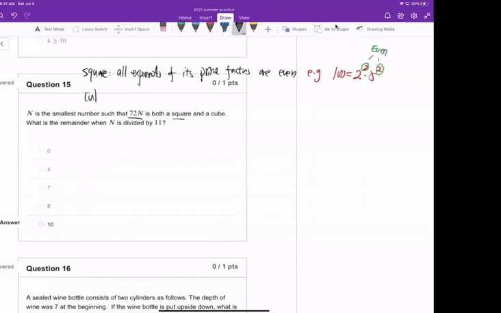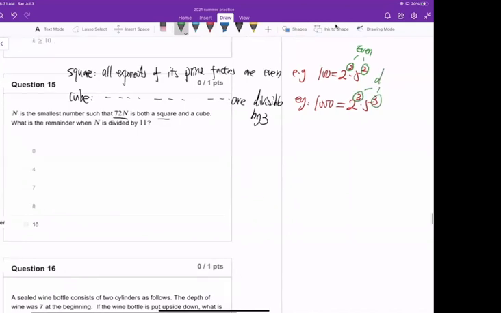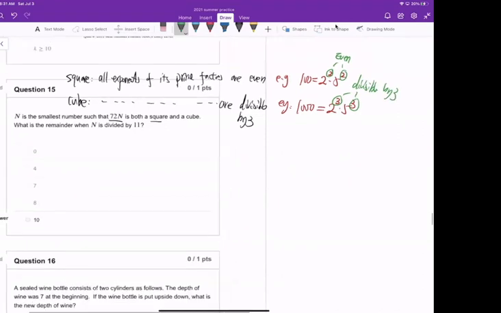And how about a cube? Cube means all exponents of its prime factors are divisible by 3. For example, if you look at 1,000, 1,000 is 2 to the 3 times 5 to the 3. So they're just divisible by 3. Now, if you have a number, how about it's both square